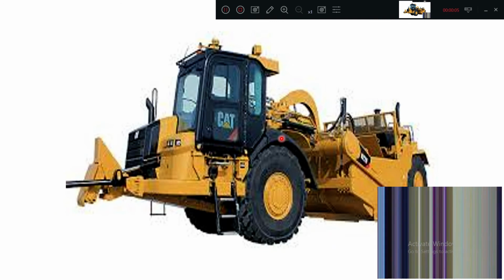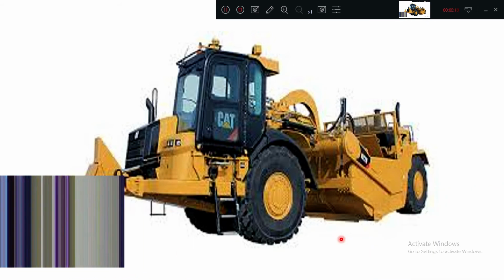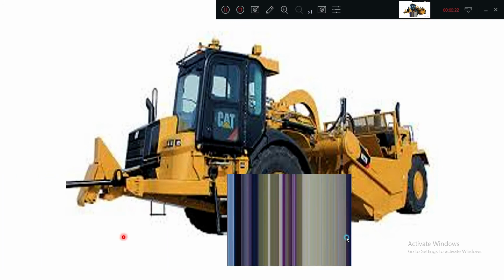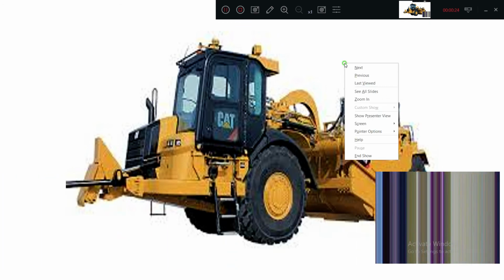This is the schematic representation of a scraper. Okay, this is a side photograph of a scraper. How it is done? See here, there is a blade opening and closing. When the vehicle moves, it will excavate. When it moves in this direction, it will take the material. When you move that one, it may dump that one. Okay, these are called scrapers.